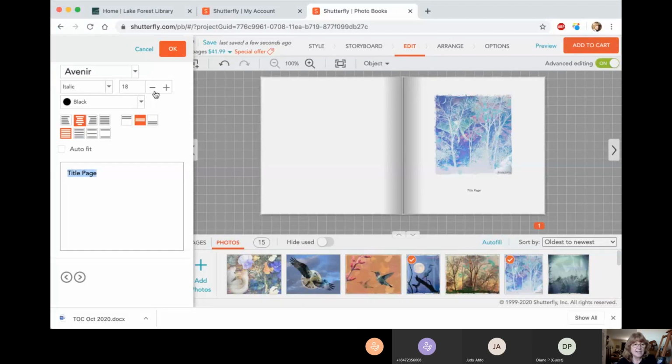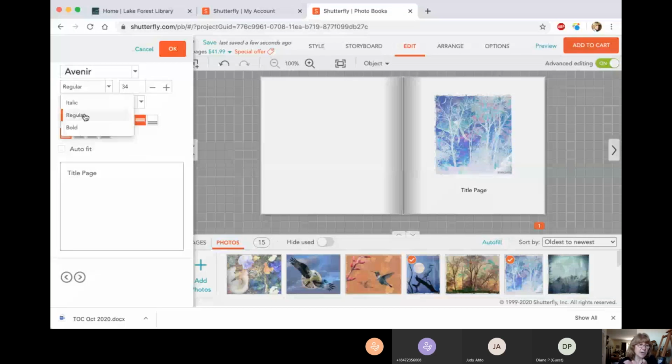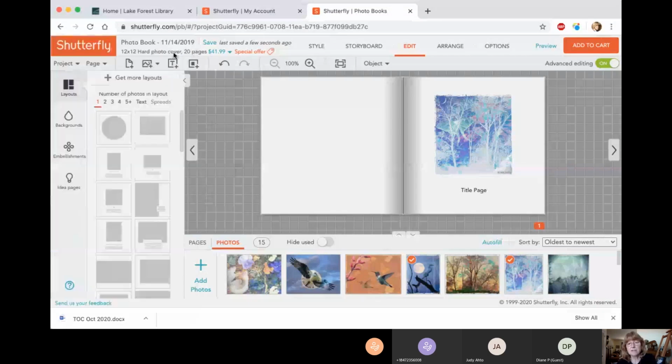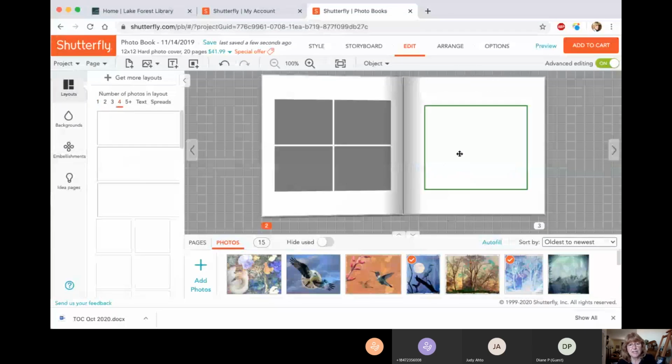And 18 is a little too small. And right now it's in italic. I usually just like to use it regular, so we'll just change it to regular. This is a good example of one of the fonts that has italic, regular, and bold. Not all of them do, but some of them do, and that can be helpful when you're doing a lot of text in your books as well. So I'm going to say OK, and we're going to go on to our next page here,